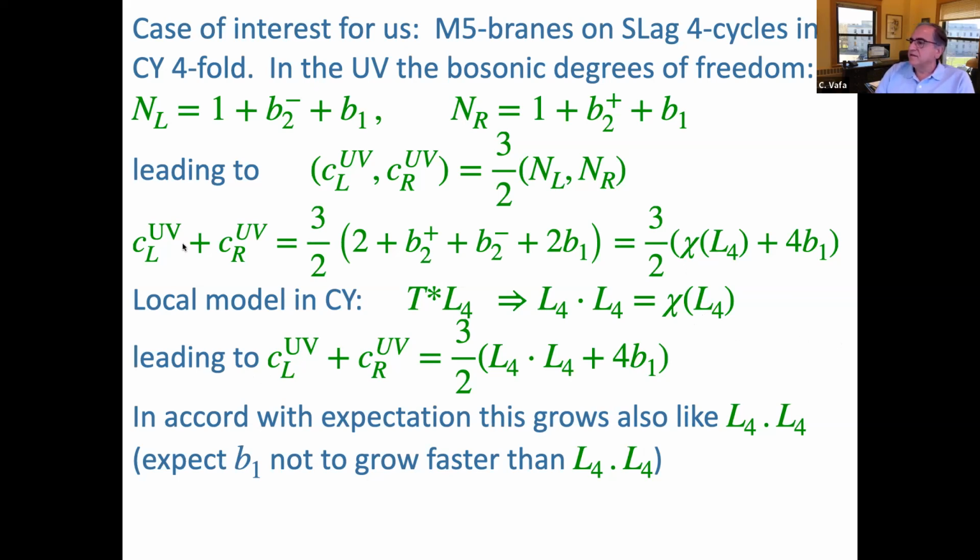So this means that C left plus C right is given by L4 dot L4, the intersection of these two 4-cycles, plus 4B1. And this is in accord with the expectation that this grows like L4 times L4. And we don't expect B1 to grow faster than L4 times L4, because of the argument I gave in terms of the fact that when you move them away, you should get new degrees of freedom from the intersection points